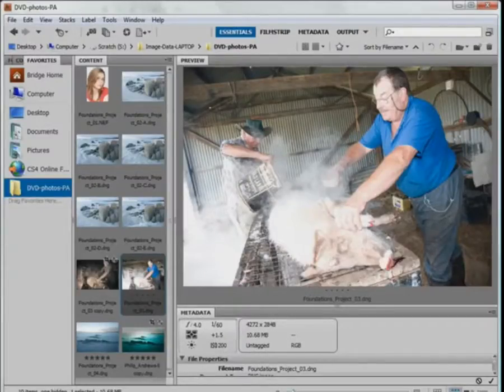In Foundation Project 3, we'll look at some of the strengths of working with raw files. In particular, the raw file's ability to capture and use large amounts of data is what we're going to be looking at here. This project uses the power of the new local correction tools in ACR, together with the extra detail contained in a raw file, to reveal hidden information in these areas here of the image, the blown out